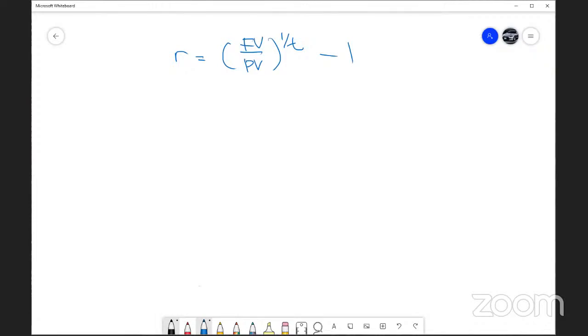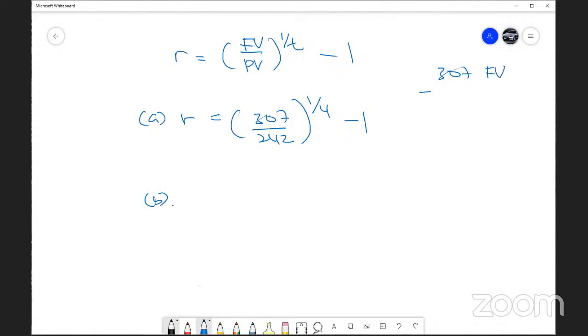This is the formula for interest rate. If you want to count interest rate, very easy, just fill in R equals future value 307 divided by 242, to the power of 1 divided by 4 years, T, minus 1. Again, those who use a financial calculator, key in again. Your FV is 307, PV is plus minus 242, interest rate don't know, time is 4 years,